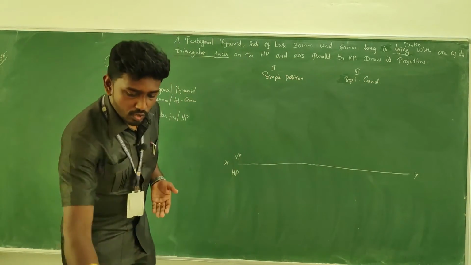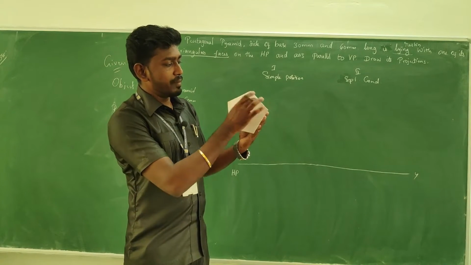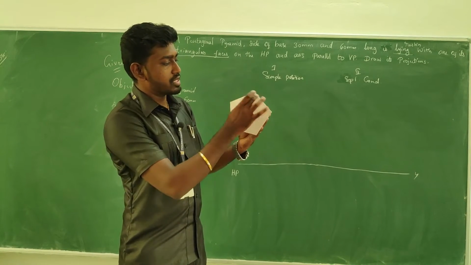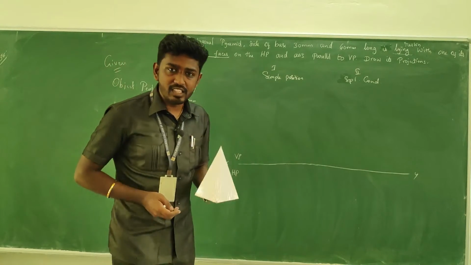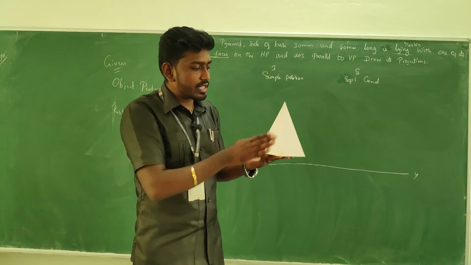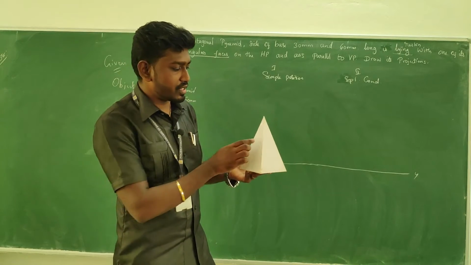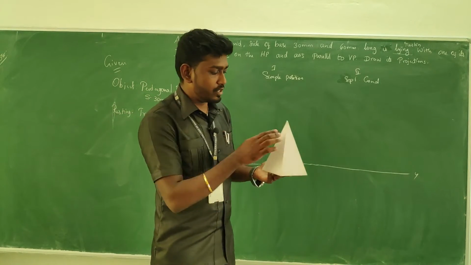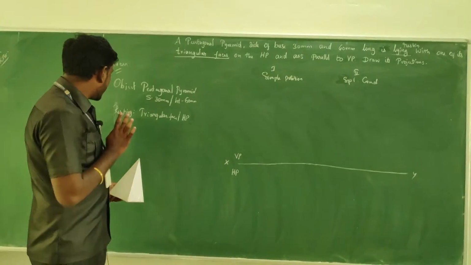Okay, fine. So here this is the object. From this base we can say it has 1, 2, 3, 4, 5 sides, so it's a pentagonal pyramid. The pentagonal pyramid has one base and this is the apex. These regions we call triangular faces, and these are the slant edges. Okay, fine. How is the condition given?